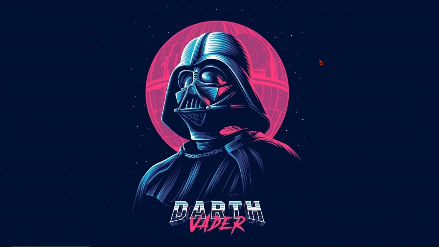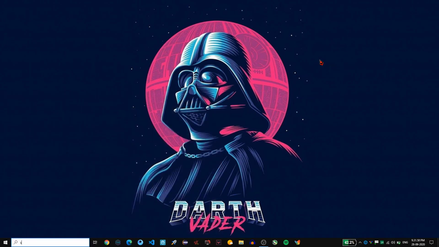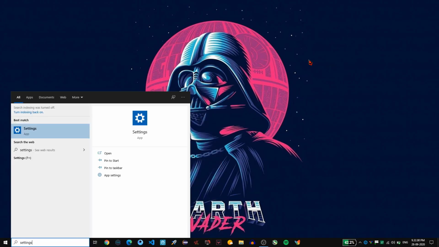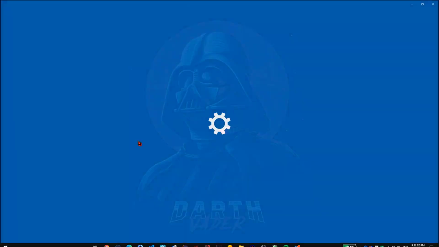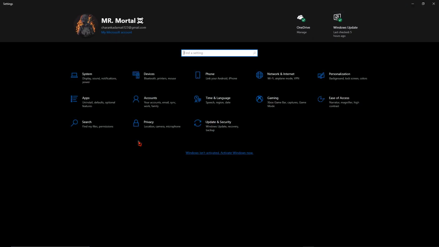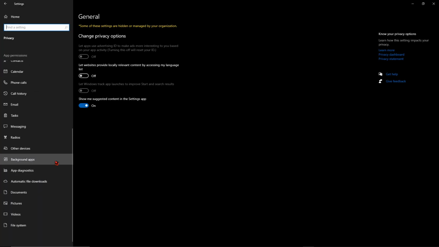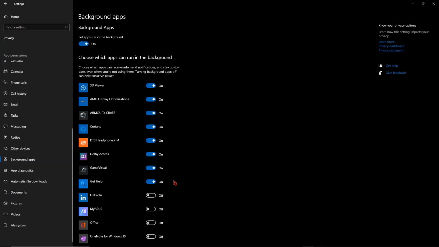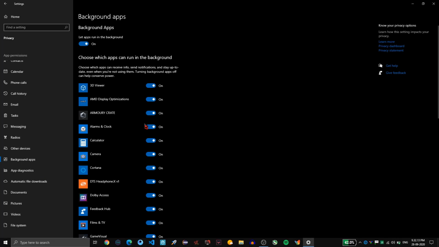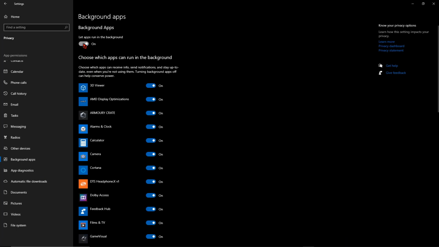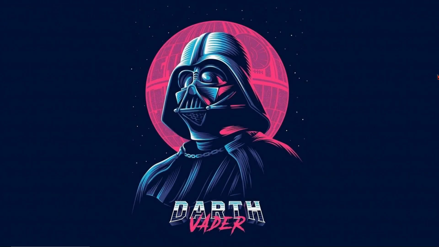Okay guys, now let us take Windows 10. In order to do this, hit the Windows button and then type settings. Once you type settings, open the settings. Once you open the settings, click on the privacy option and then click on background apps. As you can see guys, there are so many background apps, just disable them. Once you disable all of these background apps, just close that setting and hit the Windows button plus R